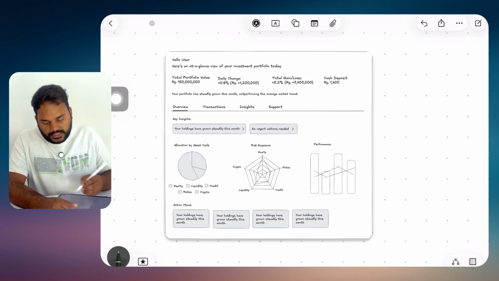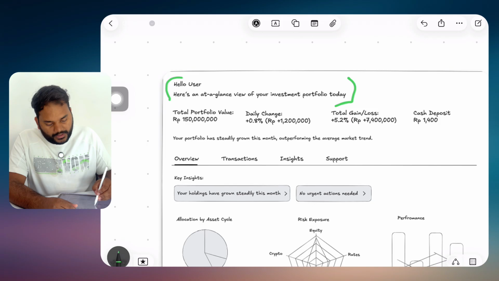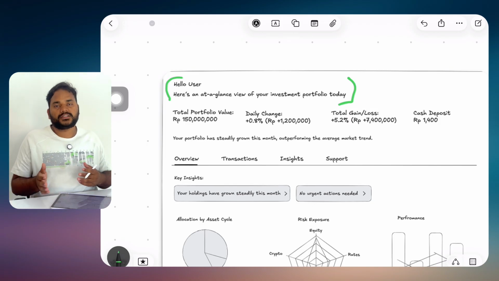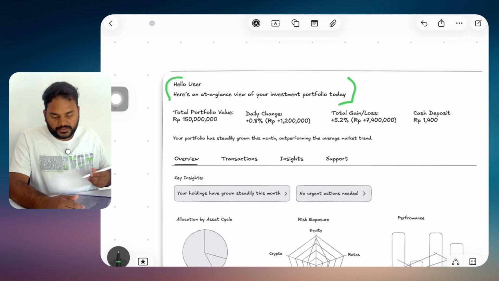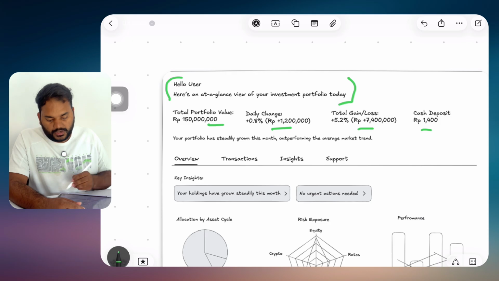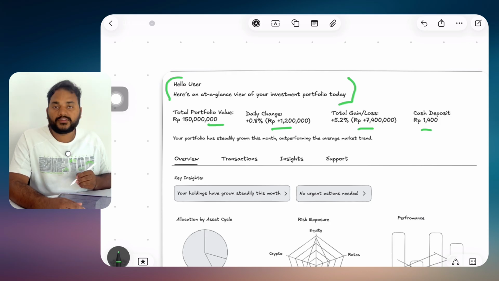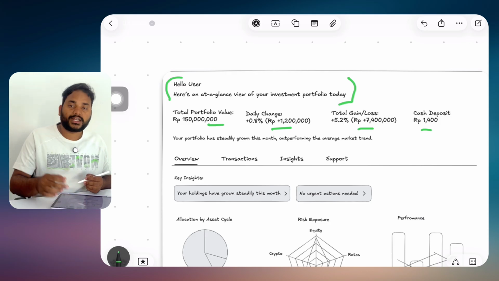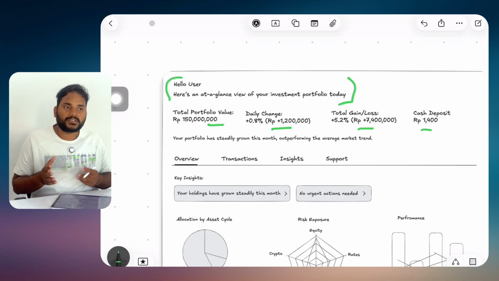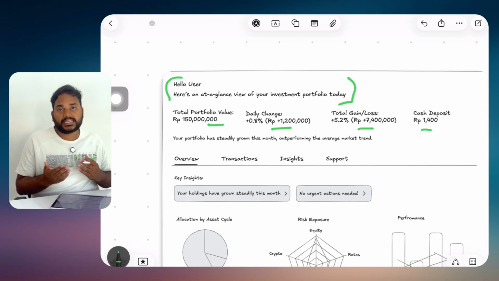So the first thing you can see is we are greeting the user. That is the most important thing, because in finance there is no person involved on the application to greet, and it's a customer experience. So greet the user, have a title. Next you can see I have added different types of cards. The first one is the total portfolio value. This card helps the user understand what their current value is. The next card is daily change, because they want to know how much volatility there is in the daily market.